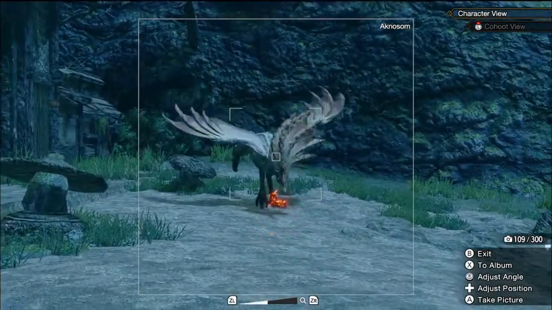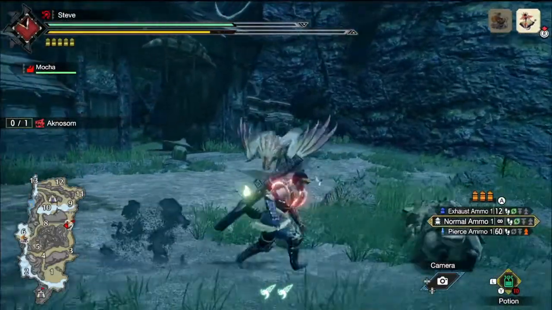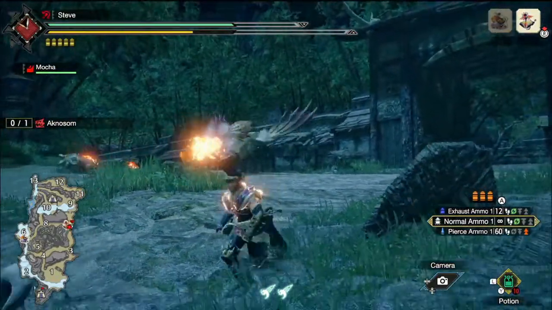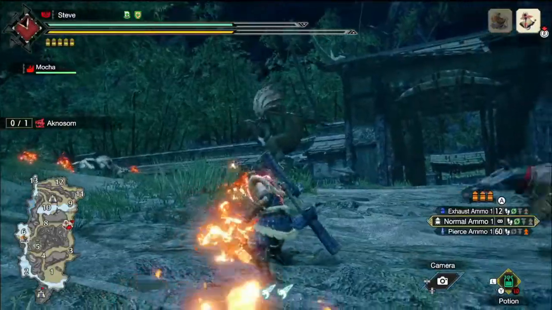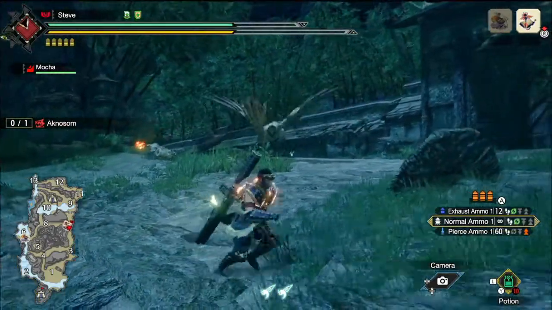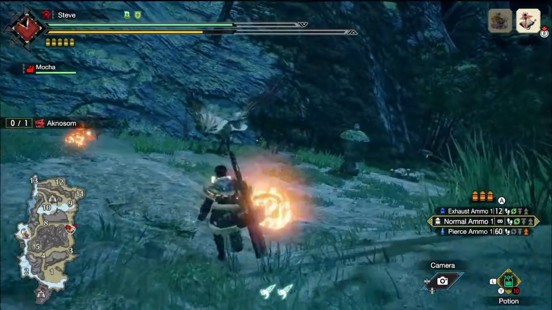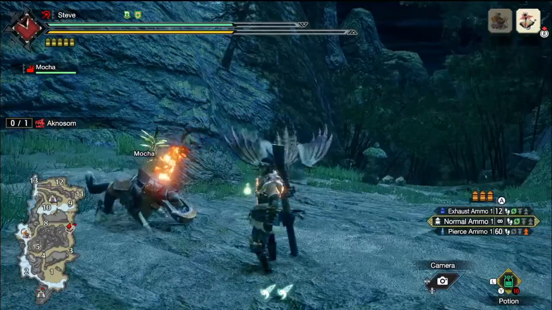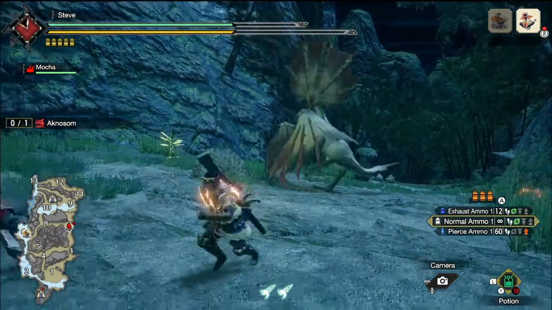Now I'm gonna try and limit it to 10 pictures only. That might still be too many, but we'll see. We've got 3 things we want to see it do. Okay, well, note to self: don't run into fireballs. So Aknosom is also known as the parasol bird, just because it will fan that crest out, and it looks...